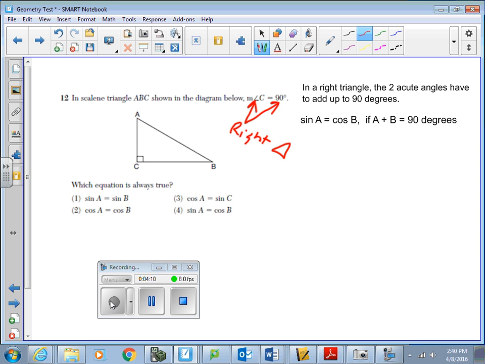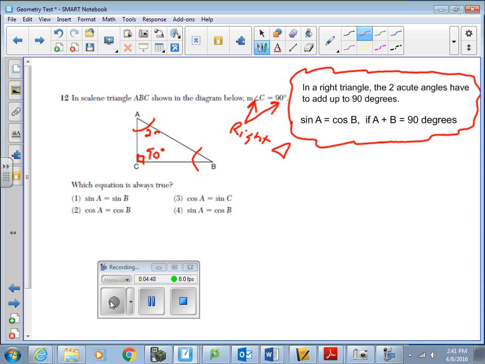And you have 4 options here. Well, this is going to help us. We talked about this earlier in the year. If you're in my class now, if not, this will be the first time you've seen this. But I want you to write down what I just circled. In a right triangle, the two acute angles have to add up to 90 degrees. So our two acute angles are A and B. Now, we don't know what they are, but if this angle C is 90, and remember, all the angles of a triangle on the interior have to add up to 180. So if this one's already 90,